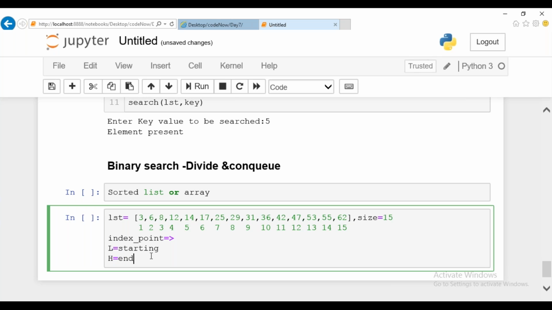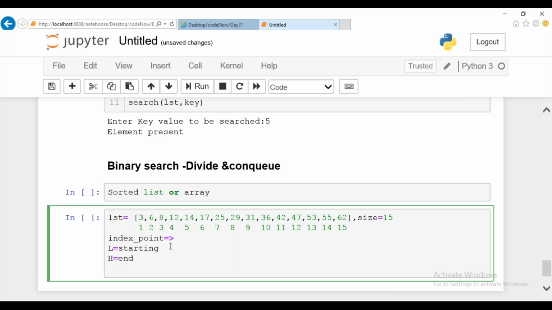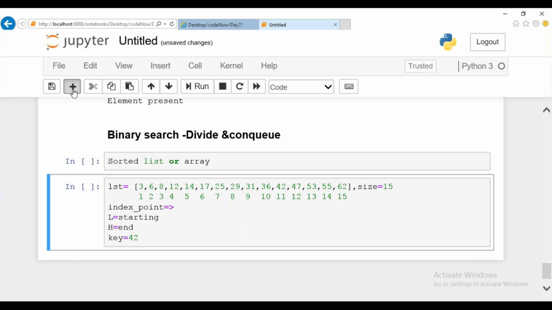Let us see how we are going to find it. Let us assume I want to find a key value, the value 42, which is at position 11. We'll see how we find it. As I told you, you're going to continuously perform division, right?